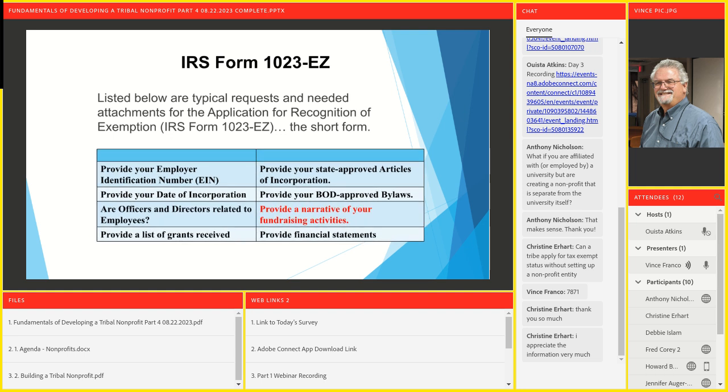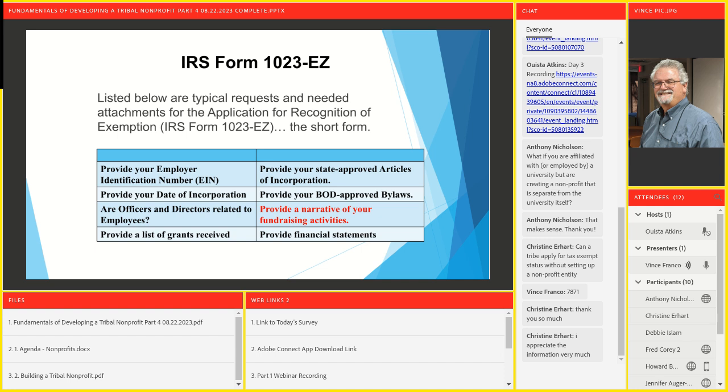Here are some of the questions. Top left, provide that EIN. These are questions right off the form. You can go to the 1023-EZ and look at it yourself. Okay, provide your employer identification number. They want to have it. If you don't have it, it's going to stall your application and it might kick you over to the long form, because if you're the IRS person, you'd be saying, well, why don't they have that? That's standard operating procedure for an organization wanting to be a nonprofit.